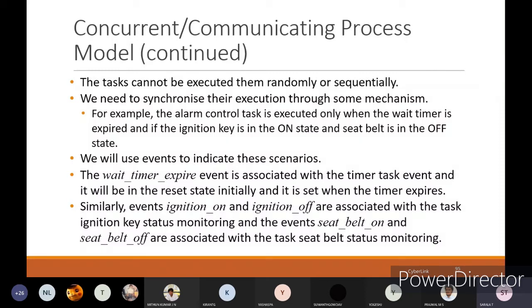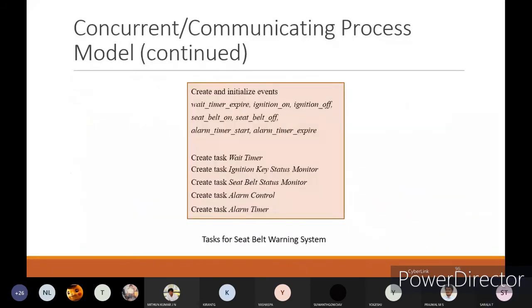Similarly, events ignition on and ignition off are associated with the ignition key task. The events seat belt on and off are associated with the seat belt task. You divide them according to their tasks: timer, ignition, alarm, and seat belt.